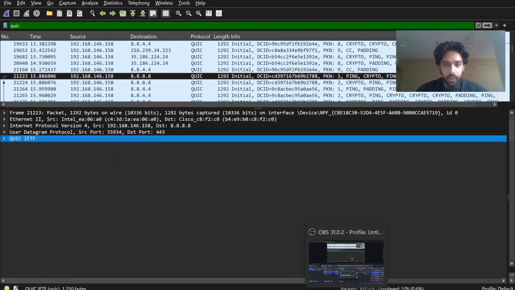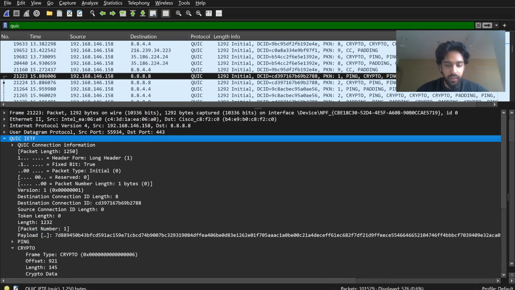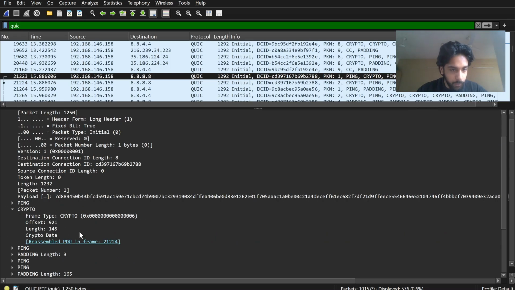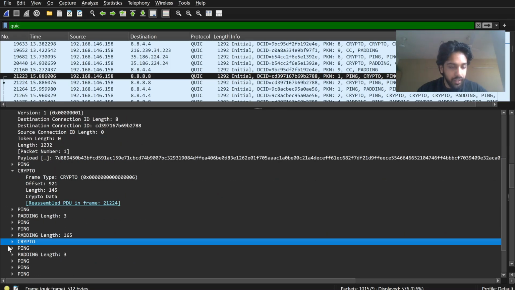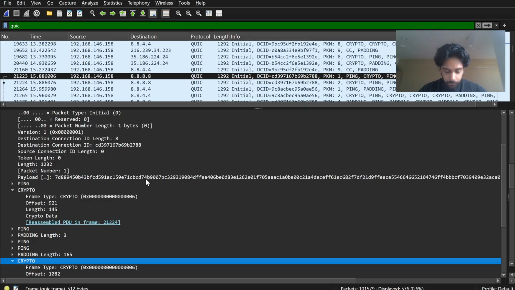So let's talk about what is one RTT and what is zero RTT. The one RTT contains the connection setup and security, as we can see in the crypto frame. All this security is embedded in just one round trip time. It only takes one round trip time to have the connection setup along with the security.